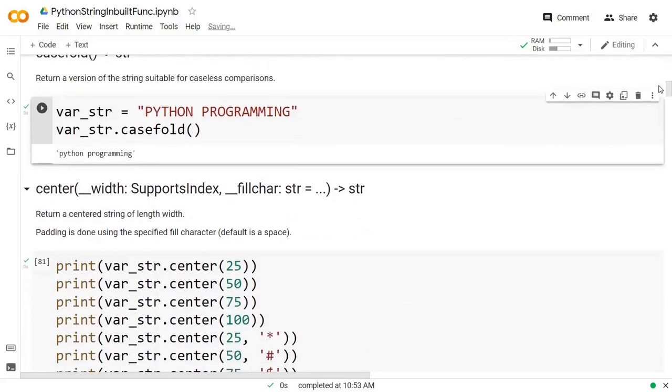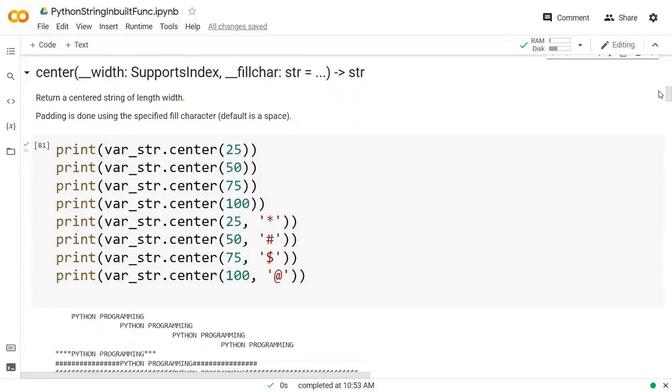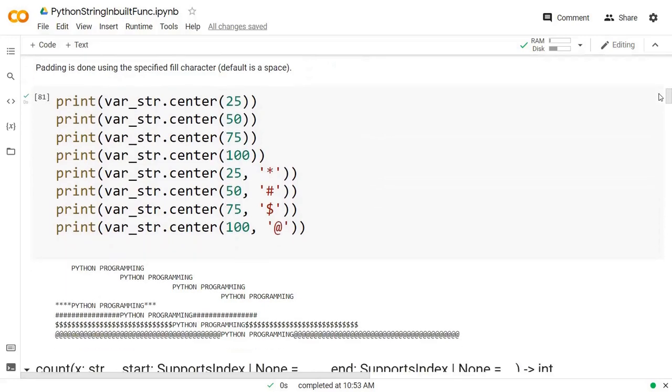And now the third one is where we are shifting our string to the center. Okay, there are two parameters right here. The first one is the size of my string, the size of where I want to move my string, and the second one, which is optional, is the padding character.